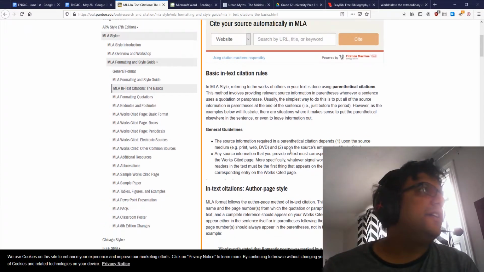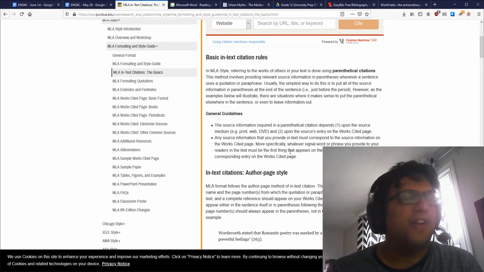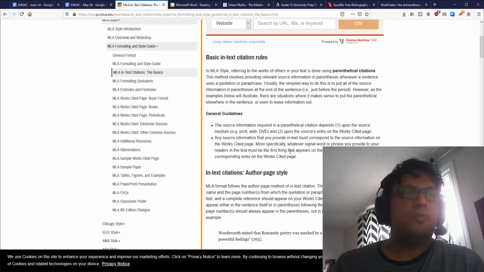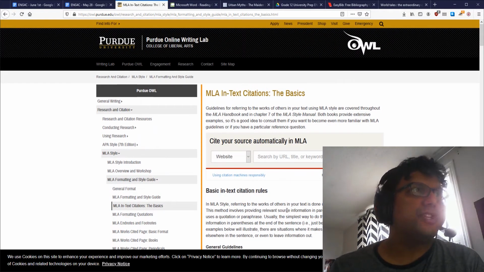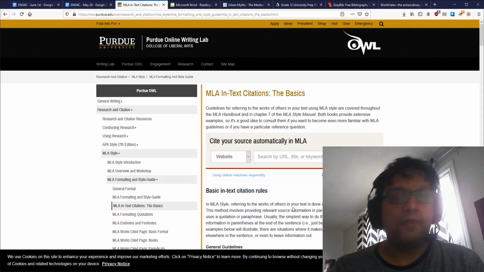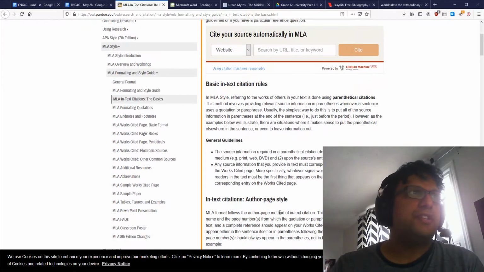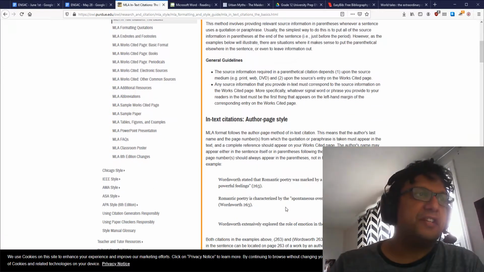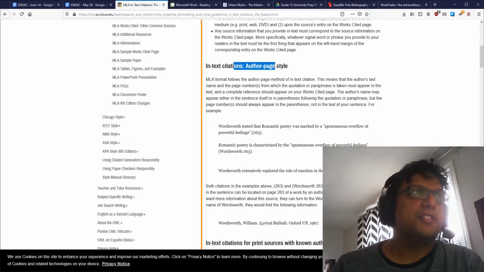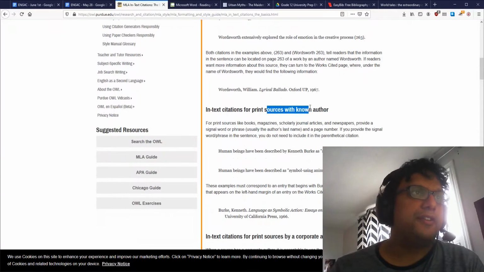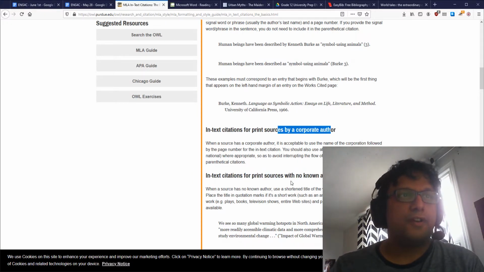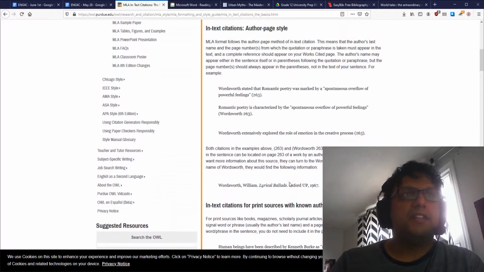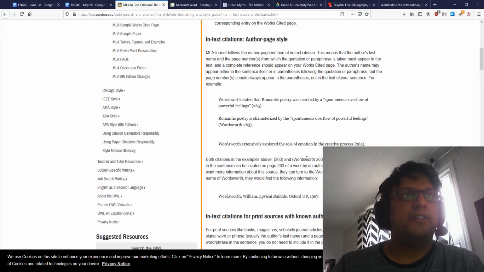So, this website, which I'm going to give a link to along with the video, sort of lays it out, right? This is Purdue University's online writing lab, or OWL. It sort of gives you all of the rules of in-text citation, right? So there's in-text citation for when you have one author, when it's a print author, when there's no author or corporate author. That is what I will link you to just so you can get the nitty-gritty.